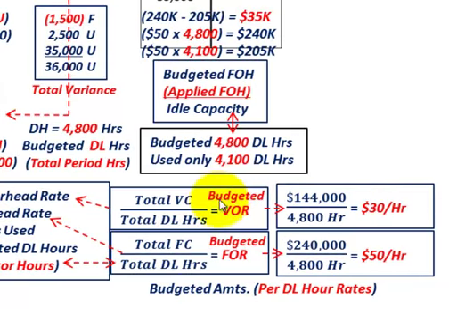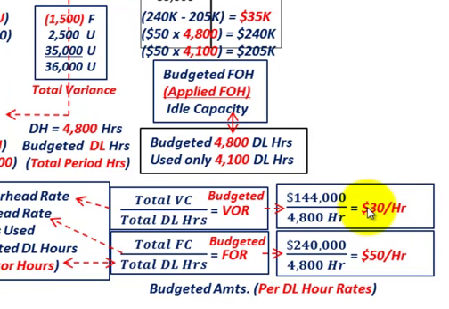So looking at what we've budgeted for the year, for our variable overhead rate, we take our total variable costs and divide them by the total direct labor hours. So total variable costs, we have $144,000 that we budgeted, and our direct labor hours, we're estimating those to be 4,800 hours. So that's going to give us a $30 per hour variable overhead rate for each direct labor